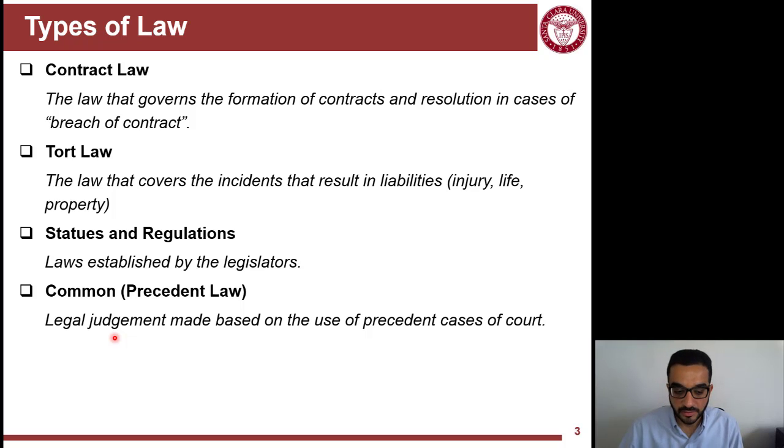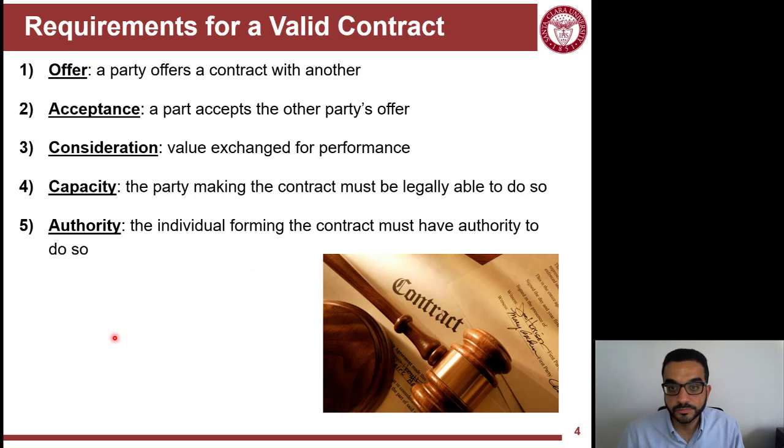So they will look at the history and the libraries of cases, and they will try to match the new one to an old one. And then if there is a judgment that has been made for a previous case, out of respect and being validated and vetted, typically the new case decision will follow the old case decision. And that's called the precedent law.